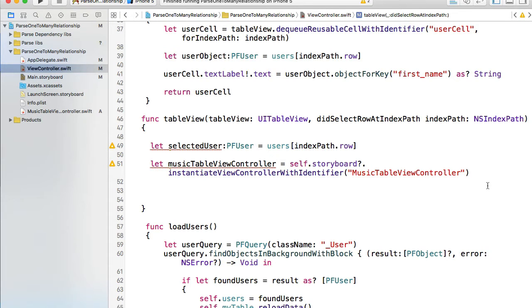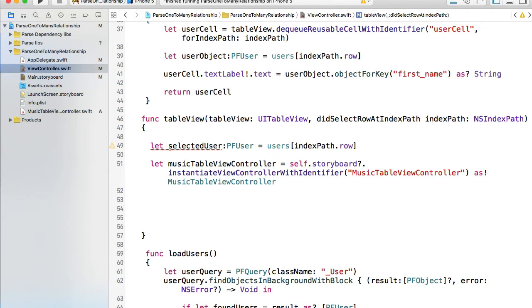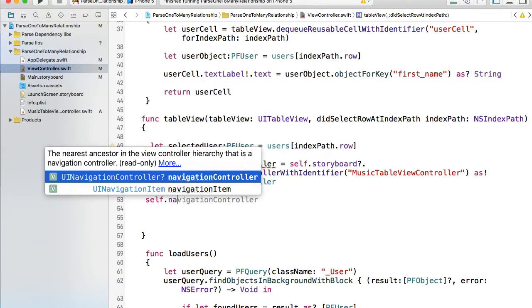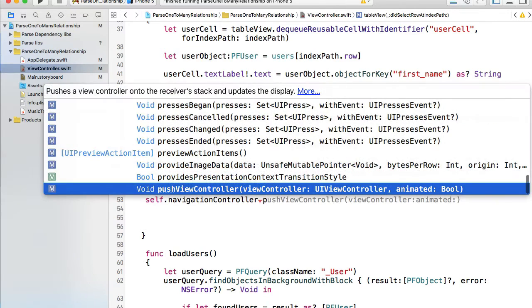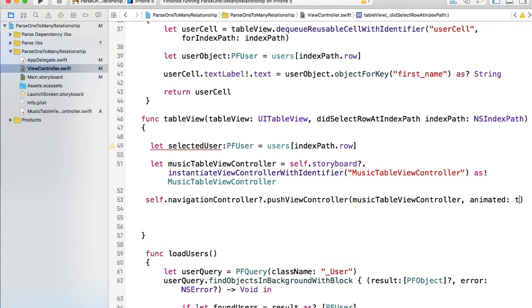Okay, and one more thing, I think we need to downcast it to music table view controller. Okay, now we have music table view controller, and we can use self.navigationController. We can push user to that music table view controller, animated true,